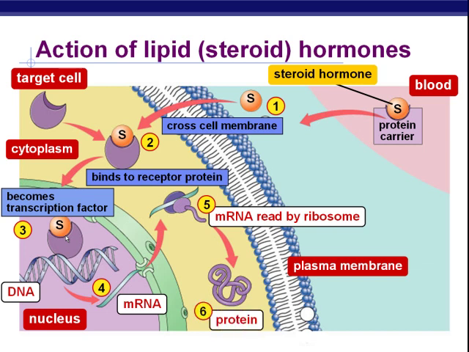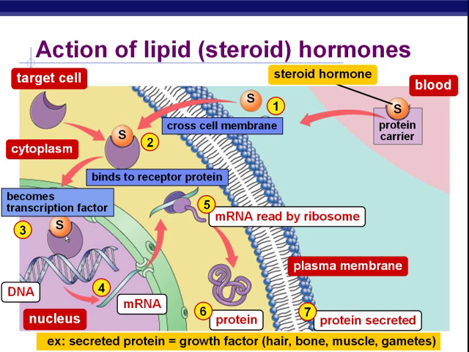Okay? And maybe this protein is going to go out of the cell and do something. For example, maybe this protein is a growth factor. If we hadn't received the steroid hormone into the cell, this gene would not have been turned on, this growth factor would not have been made, and it couldn't have created the hair, the bone, the muscle, whatever it is that this particular growth factor is supposed to create, if this steroid had not turned the gene on. So that's one way that hormones can work. They can activate the DNA so that protein synthesis ultimately will occur.